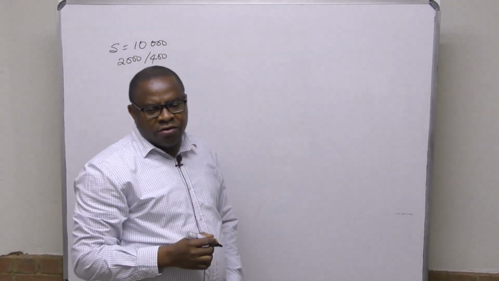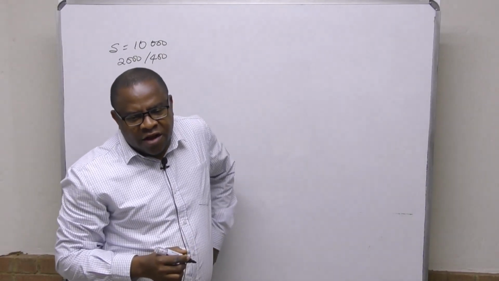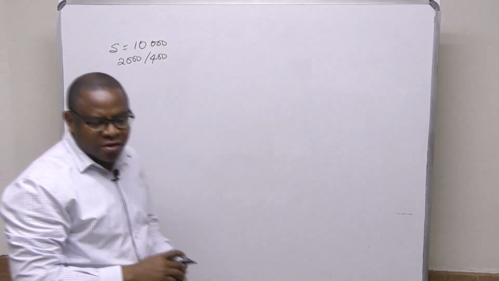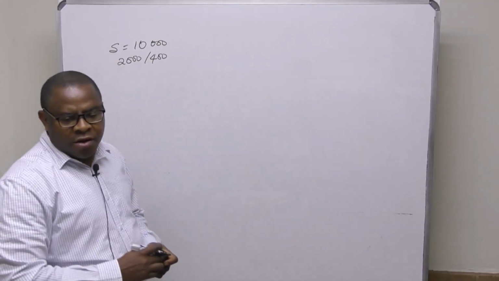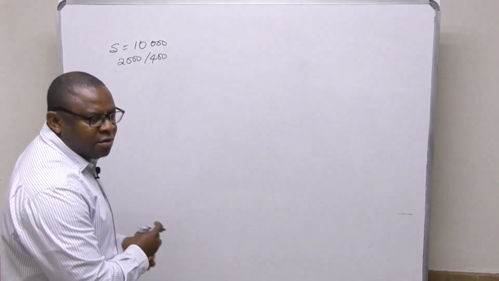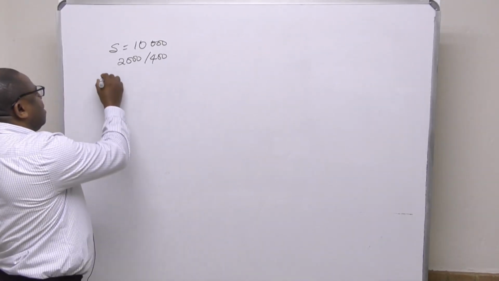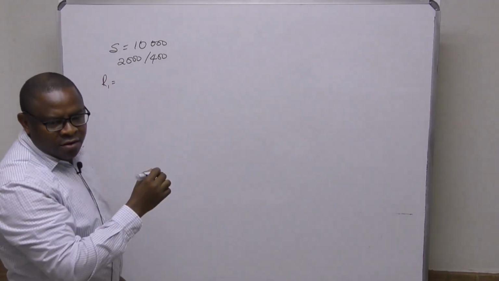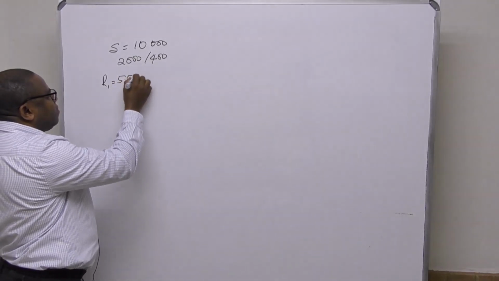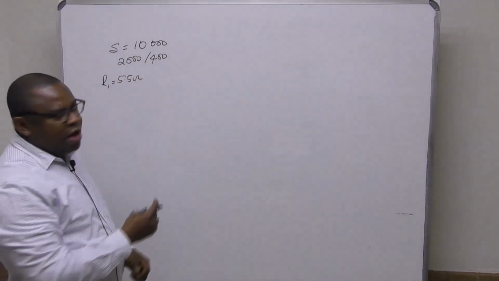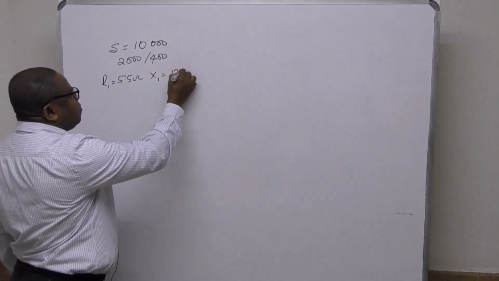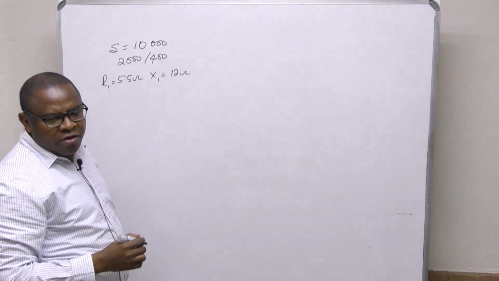At no load, it has resistance and reactance as follows. Primary winding R1 is 5.5 ohms, and reactance X1 12 ohms, and the secondary winding